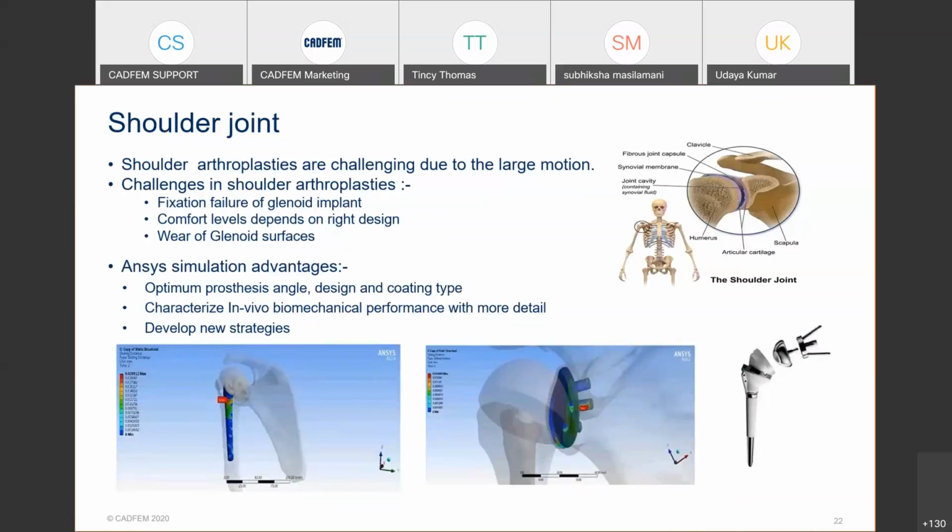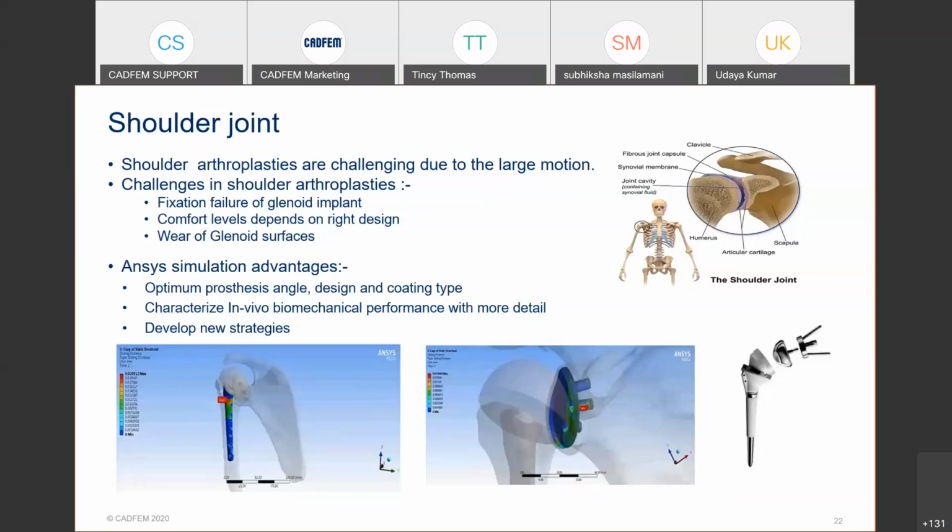So the wear between the glenoid implants, or the structural integrity of these glenoid implants, different materials. These have to be considered in order to understand how these implants are failing, right? So ANSYS can help you understand how different prosthetic angles, or which angle will be more suitable for a specific person, and what kind of